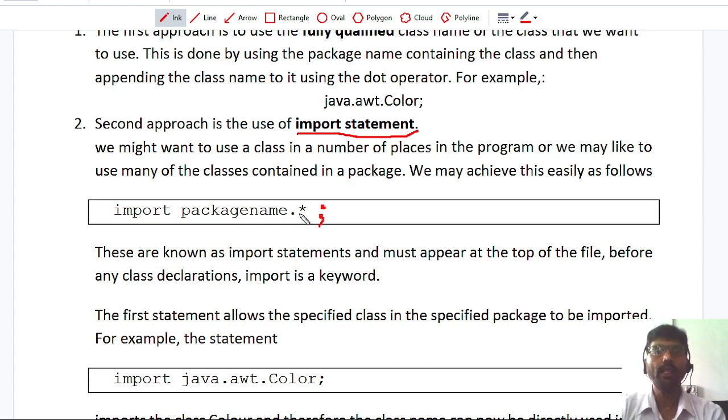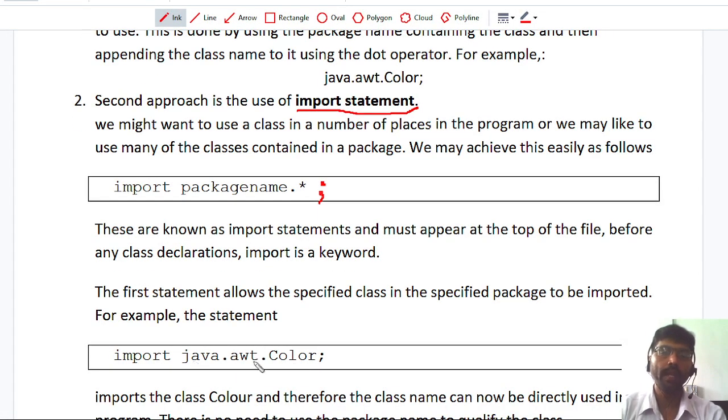Now if I want to access a specific class, I am not mentioning all the classes, I need a specific class from the package. Then this is the technique: java.awt.Color. That indicates I want to access only the Color class from the AWT package.